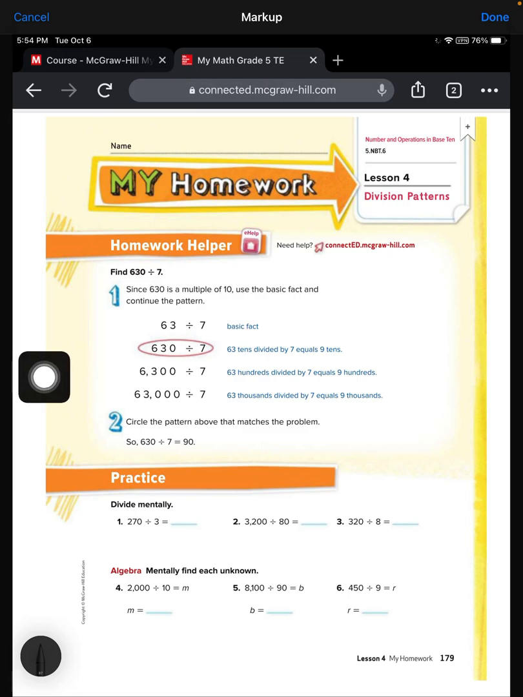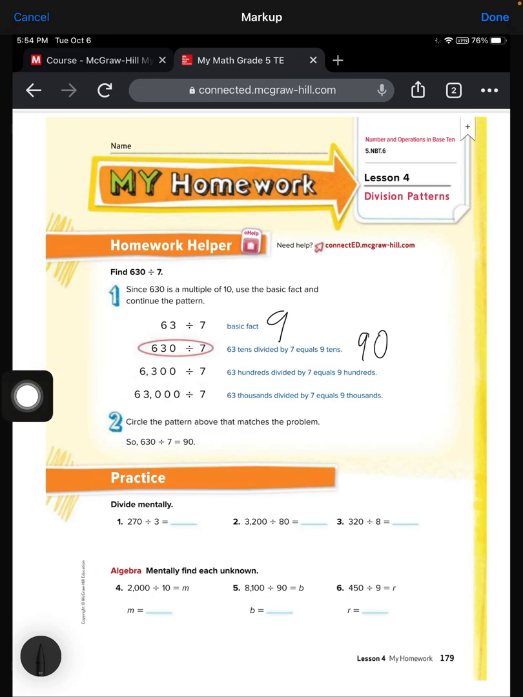Let's begin. In this lesson, you're going to find the value of zeros and patterns. Let's look at the pattern. 63 divided by 9 is going to be 9. Add a 0 into the mix, 630 divided by 7, then our answer gets a 0, 9 tens, which gives us 90. Then we have